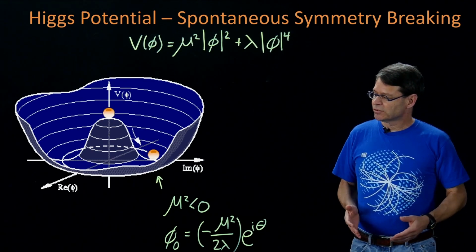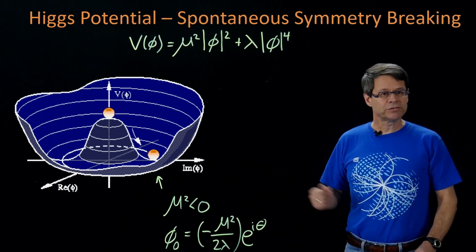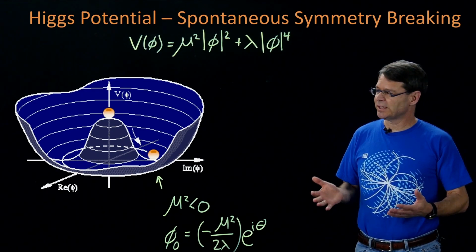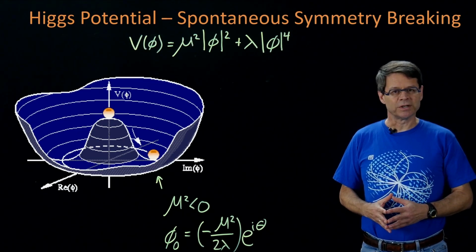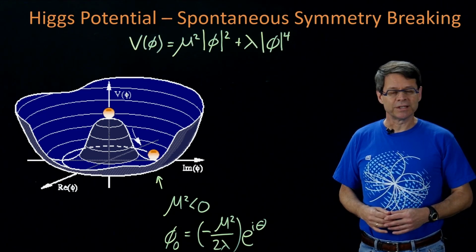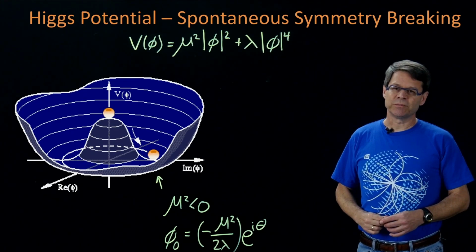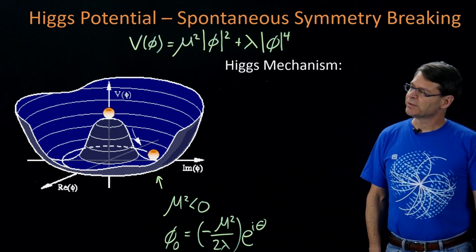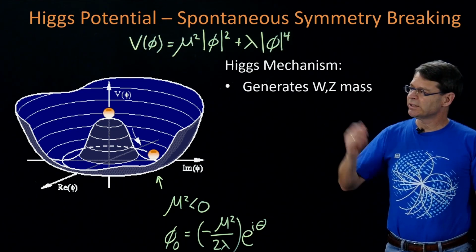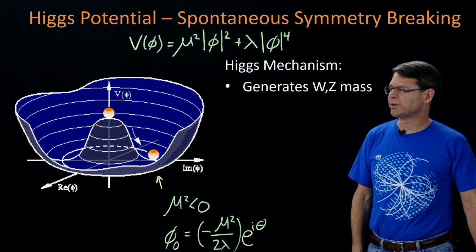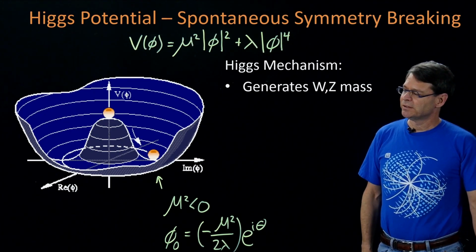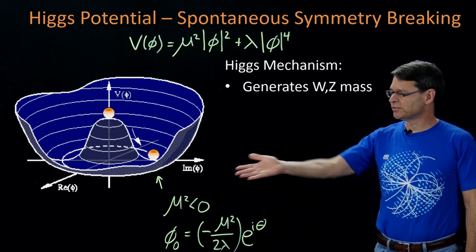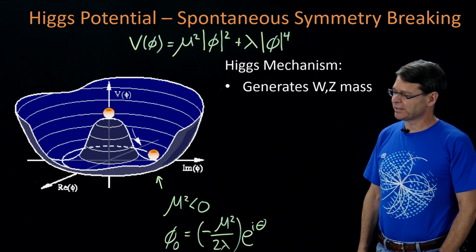Okay. All right. So what was the point of doing this? Well, by having a non-zero value of the field, that means particles, the normal particles, the gauge bosons W and Z, but also the fermions, will interact with that field. And it's that interaction which generates the mass in the unified electroweak theory. So the main points here of the Higgs mechanism are that it will generate the mass of the W and Z bosons. That was the primary thing that we needed to take care of back then, because it was a great theory, except all the bosons were massless. And so their interaction with this non-zero field in vacuum leads to that